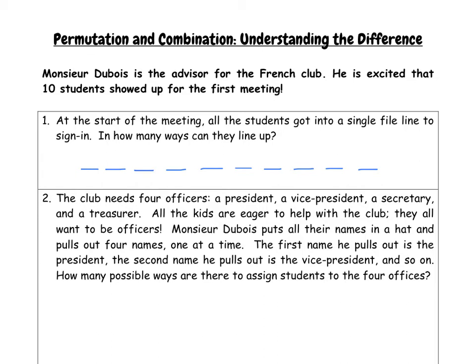So this is a situation where order does matter because we're looking at the number of ways to arrange the 10 students. Now, if we're thinking about the first spot in line, there are 10 possible students who could be in that first spot. Now, there's only going to be one person in that first spot, but we have kind of 10 possibilities for which student is in that first spot. And then once we have a student in the first spot, in the second spot, we only have 9 options for who might be second in line, 8 for third in line, and so on, counting all the way down